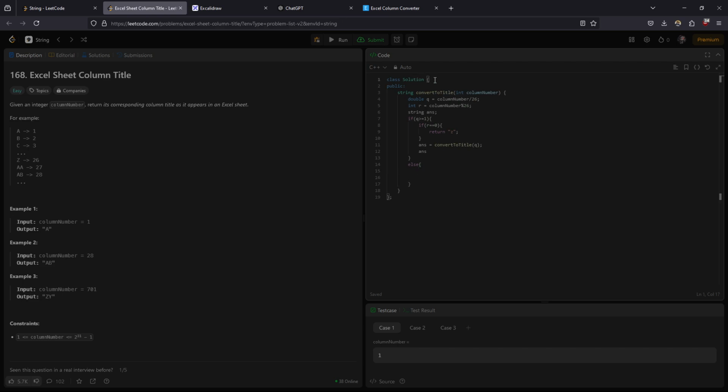And when it is equals to 0, what we can do is, first of all, we need to create a character array named array. What we'll do here is, okay, it won't work there. So let's ask ChatGPT